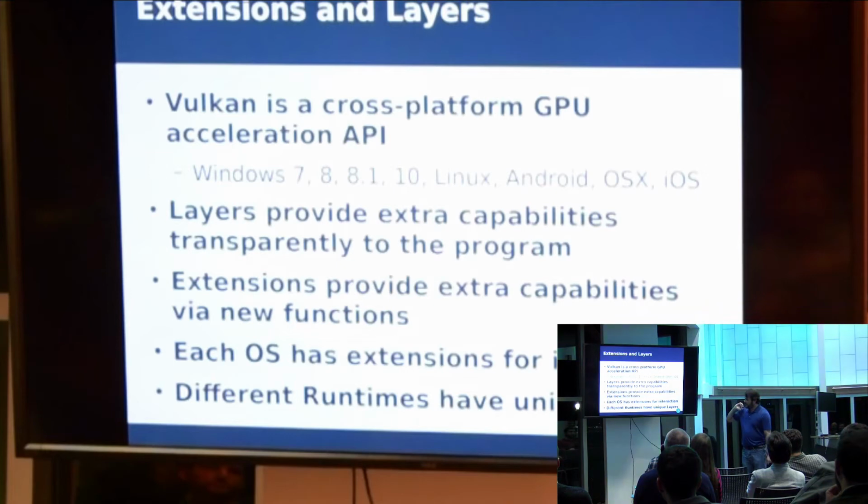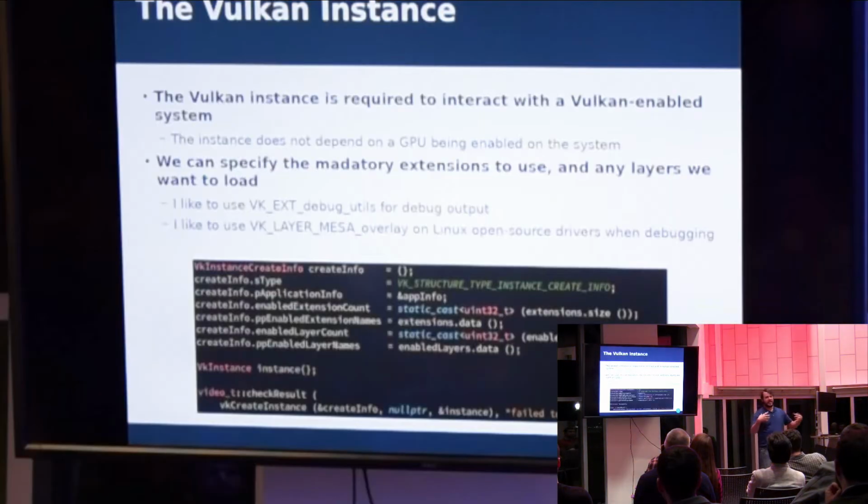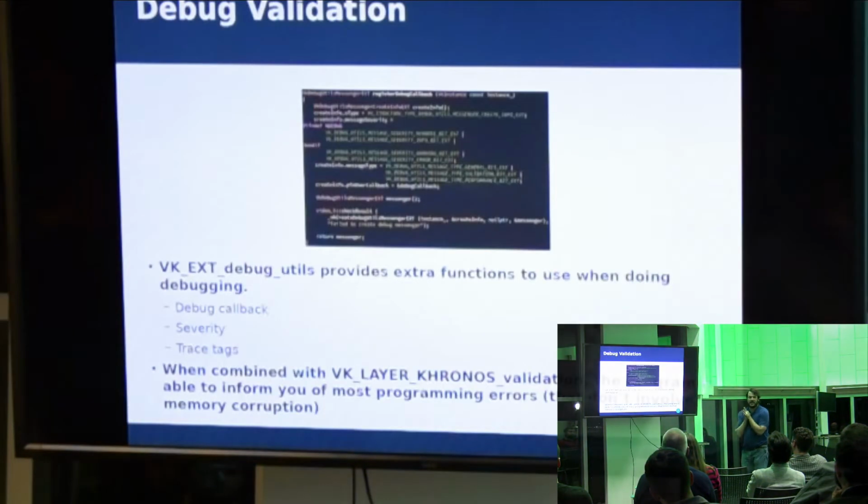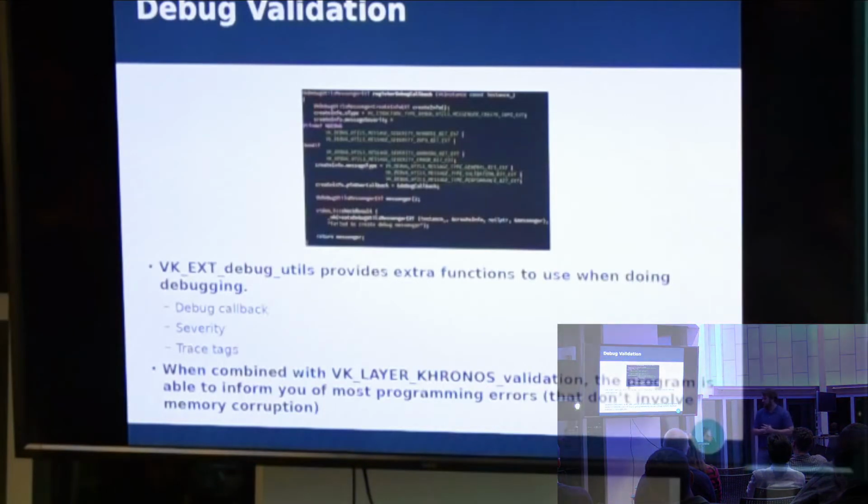But basically, Vulkan provides a couple of things that allow you to integrate with an OS and then do some other things. The very first thing that you have to do with Vulkan is create an instance. I like to use the debug extension and the Mesa layer because it draws really nice. But sometimes you don't have the Mesa layer because you're on Windows, Linux, running Intel's drivers. You can do debug callbacks. It's got amazing validation support, unlike OpenGL or DirectX 11 and before. DirectX 12 has it,